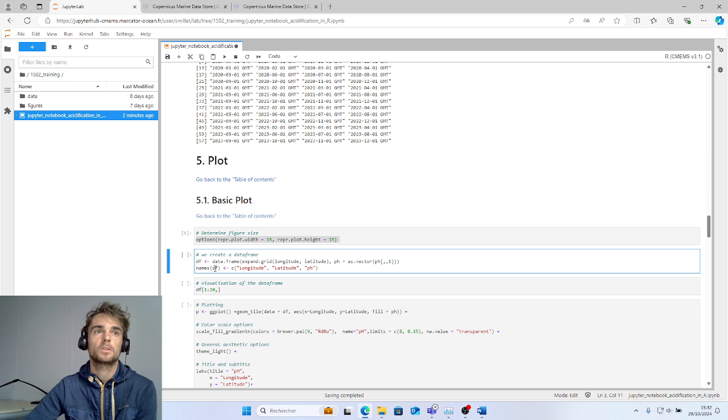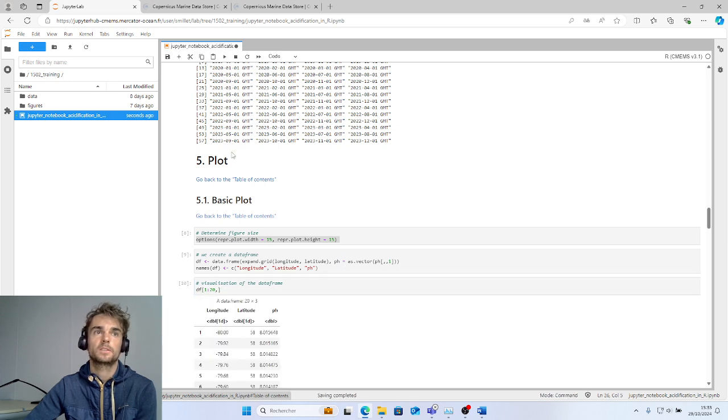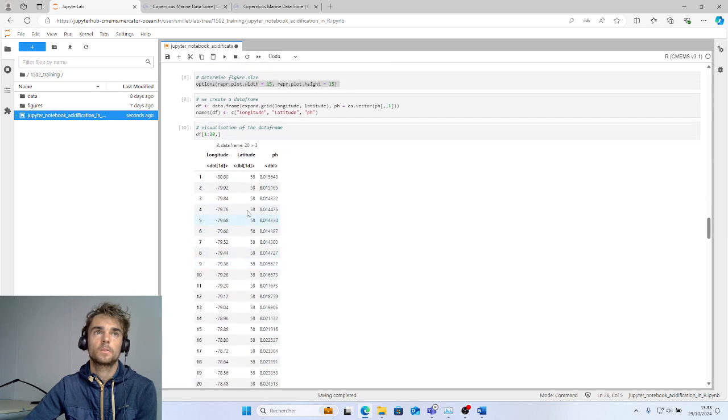A data frame is a table with all the information of longitude, latitude, and the value. So it is the pH that we want. We can visualize the data frame. Here the longitude, here the latitude, and the value.